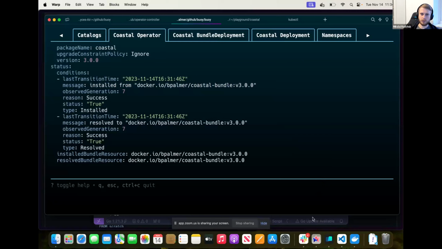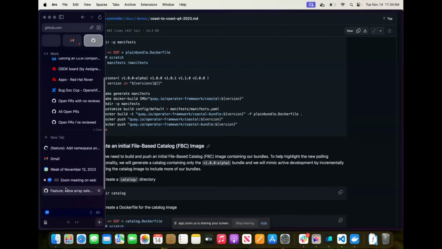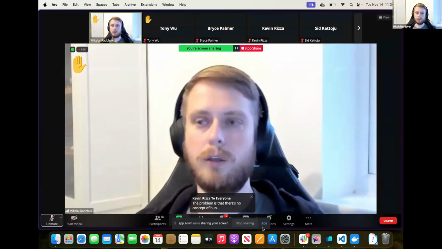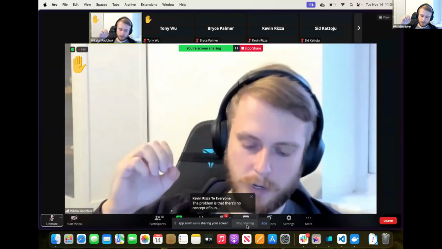You will have to use the constraint policy ignore to do that. And there is a different rule for 0.1 versions, for example. So when you have 0.1.0, you are free to upgrade within the patch,